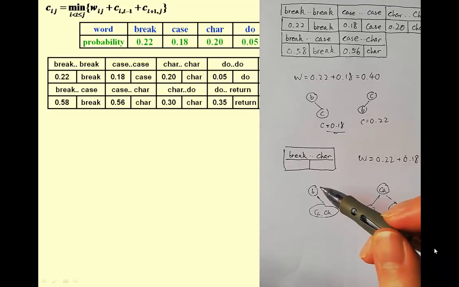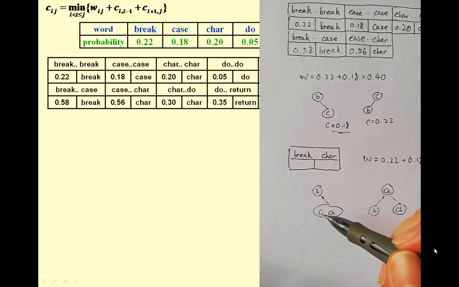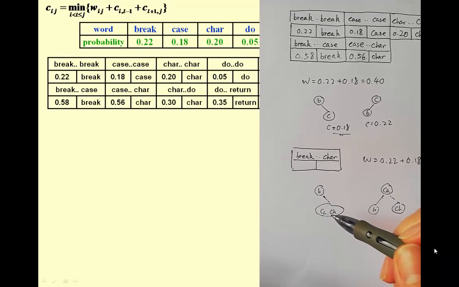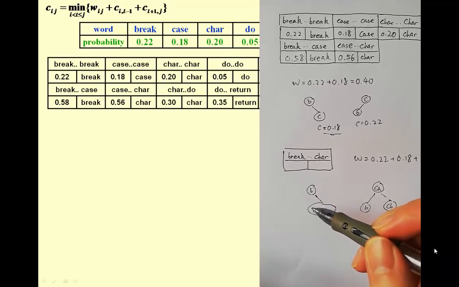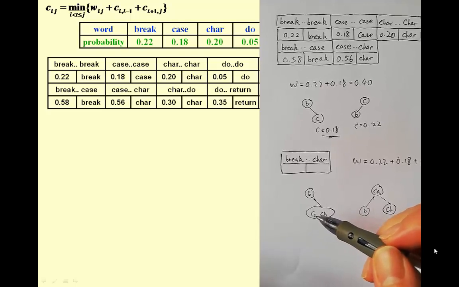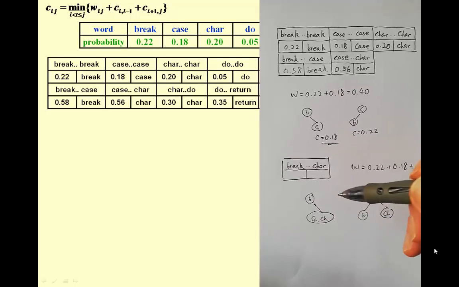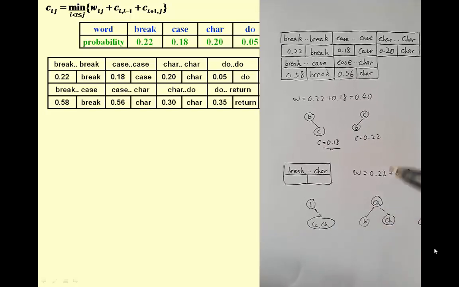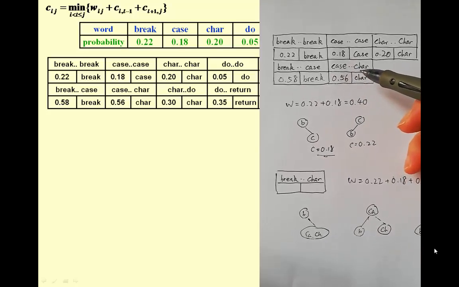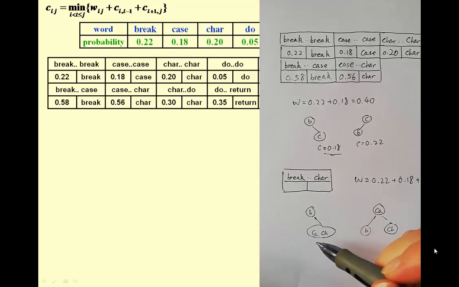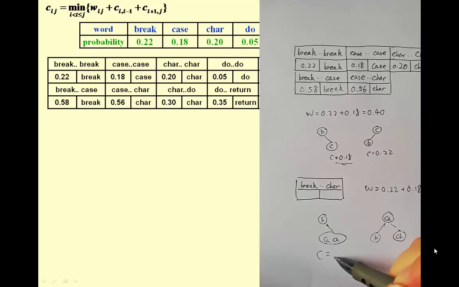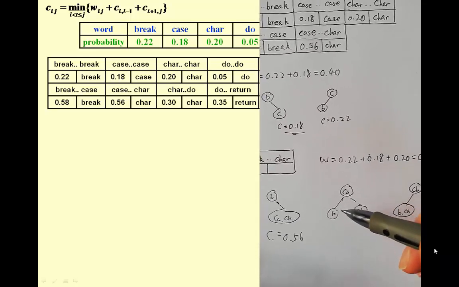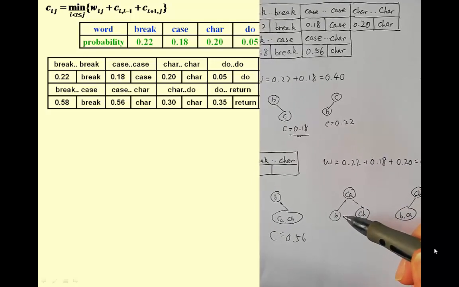Okay, so when we're calculating the optimal solution of this tree, since it has no left child, we only need the optimal solution of its right child. But here, do we have to recursively calculate the optimal solution of this one? Not necessary. We can just look it up in the table, right? This is the subtree that contains case and char. So the solution is already recorded here. It's 0.56. So here we have the cost being 0.56. All right. And for this case, we're going to sum up the optimal solutions of these 2 subtrees,